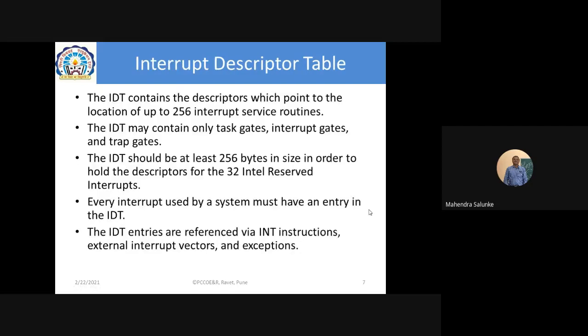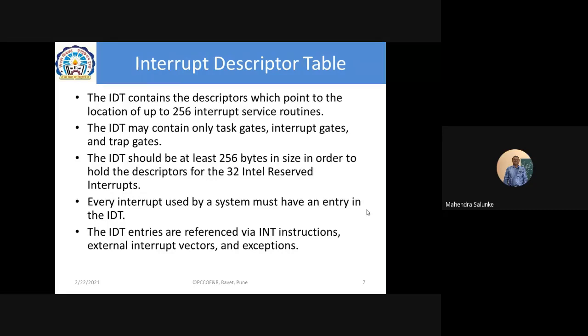And the third table that I was talking about is the interrupt descriptor table. This is a very interesting table. Those who studied the 8086 structure are aware of the IVT, so all of you can make note of this IVT, because this term is associated with the IDT I am talking about. You can explore the IVT. The IVT is the interrupt vector table in the 8086 environment, which has a fixed location starting at the 0th address. Now this IDT is a table which has all the descriptors